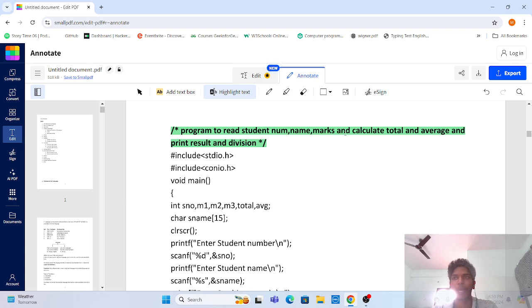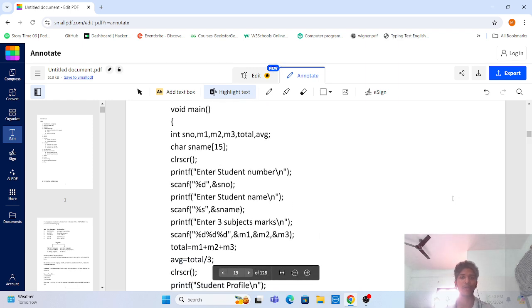Each and every point we get to make in these projects, right? So this is very important for a student, to make a report card for himself, as a complete biography, a resume for himself. So we get int student number and m1, m2, m3, total, average, the char s name,